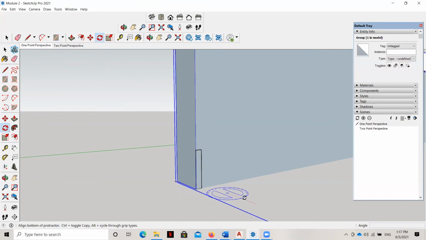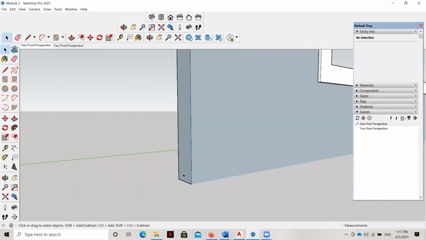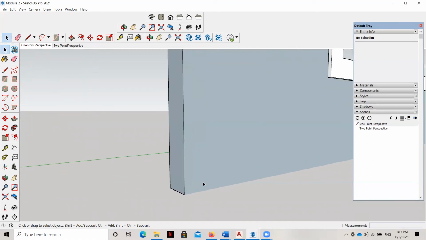And I just want to get it from, let's see, there. Oops, I grabbed my wall. Let's try that again. I'm undoing. Okay, let's draw it one more time.